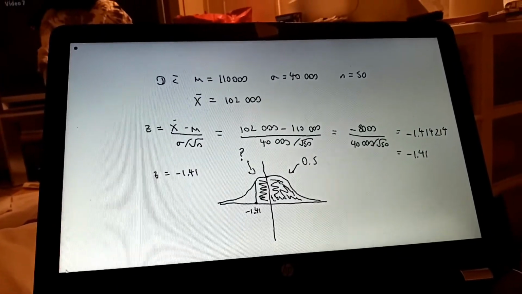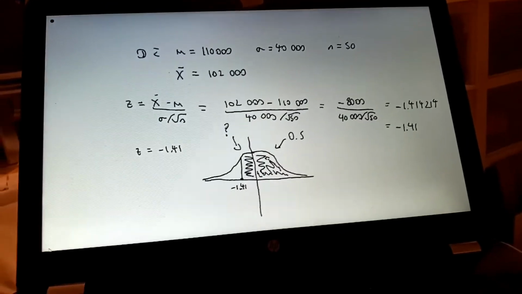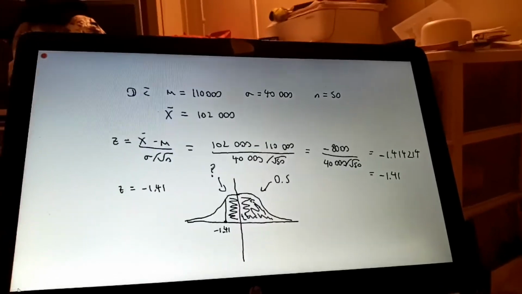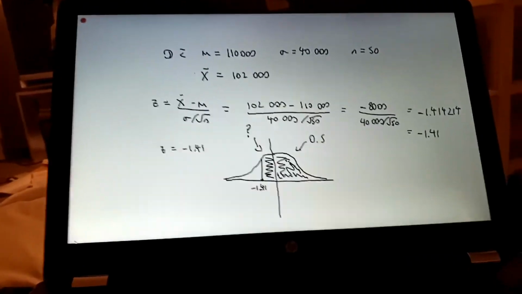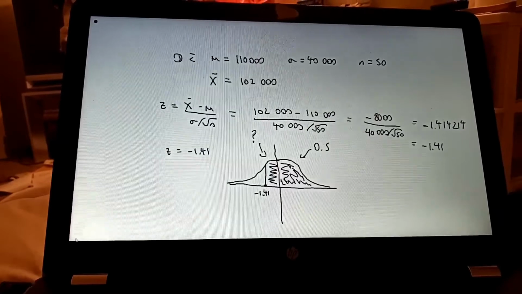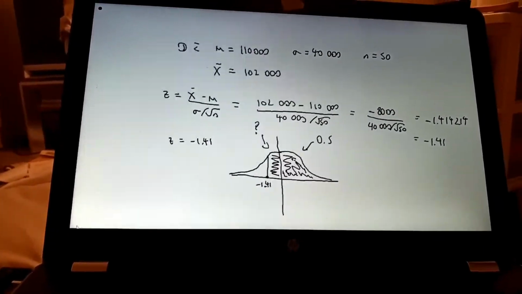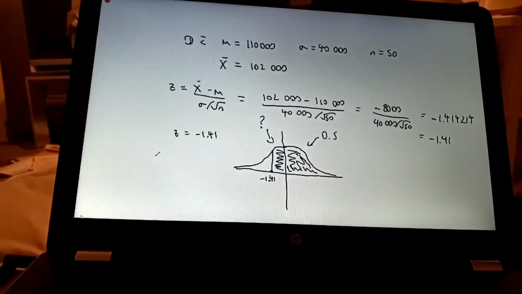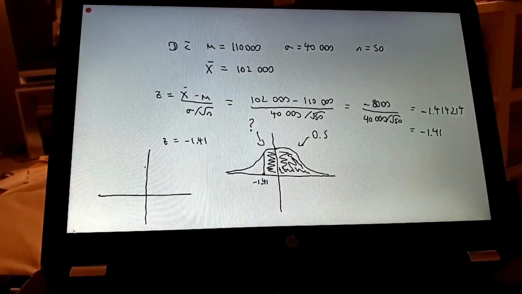Now, you might notice that on your chart, there are no negative z-scores because the curve is symmetric. There's no point in having 2 charts because they would be the same for positive and for negative z-scores. Since you can't directly look up minus 1.41, you'll have to look up positive 1.41. And that will give you the appropriate area right there. Because, and let me just draw a separate one for this, in this case, you want that area between